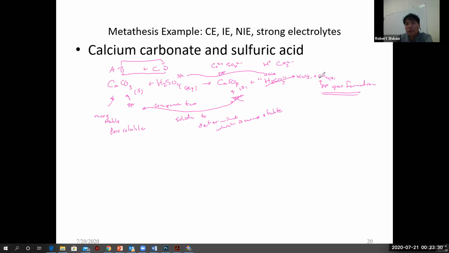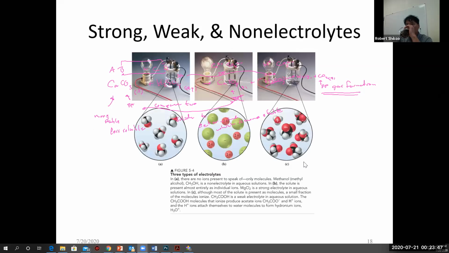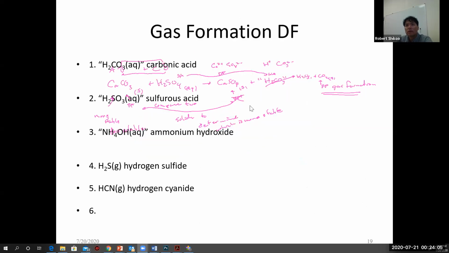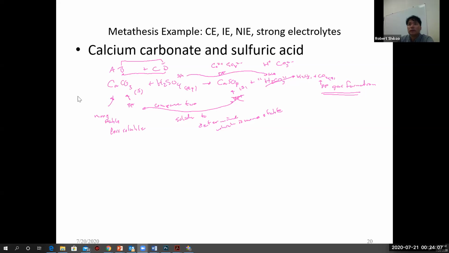CO2 is what we call a Lewis acid, and it's also weaker. And carbonic acid is what we call a Bronsted acid here. And so we could look up CO2 on the table as well. Let's take a quick peek at the table. Here's sulfuric acid, and then carbonic acid's here. Carbon dioxide, aqueous, CO2 and water, or carbonic acid, H2CO3. It's quite a bit weaker than sulfuric. So we're going from stronger acid to weaker acid, downhill. So that works. All right, this is called the CE, or the complete equation.